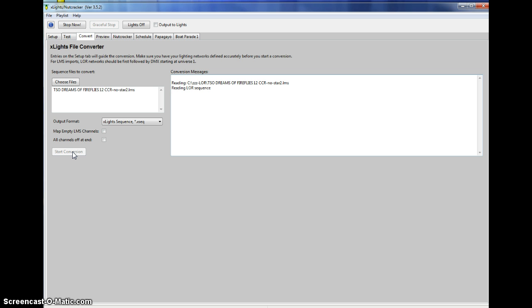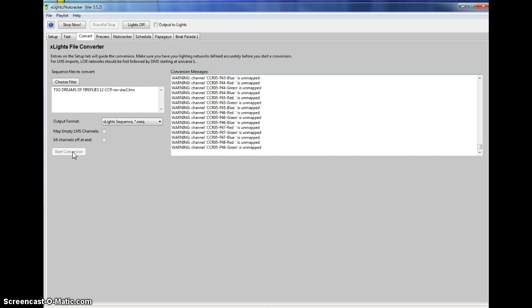In this conversion messages status window on the right side, I do expect to get some error messages, as you see come up here. And also at the top of this window, once the conversion is complete, we're going to get some pertinent data that we use to set up our network config correctly. So as I scroll to the top here,